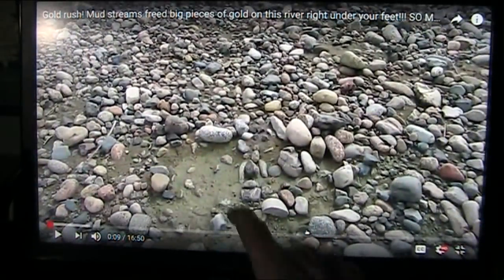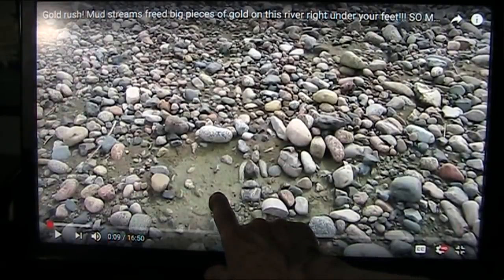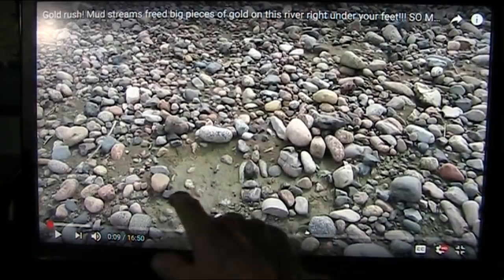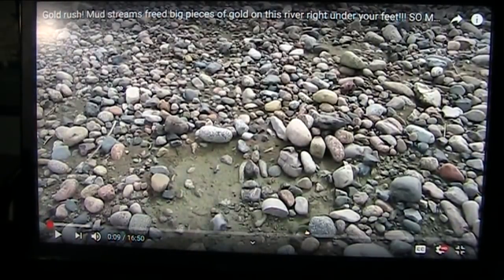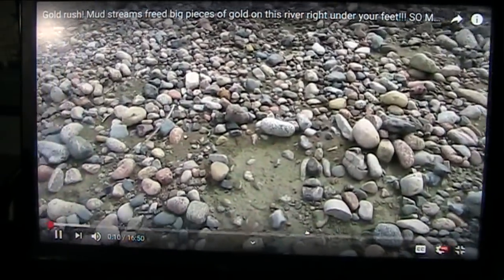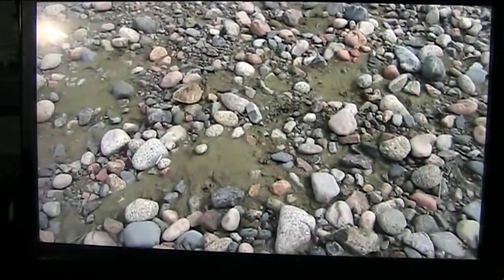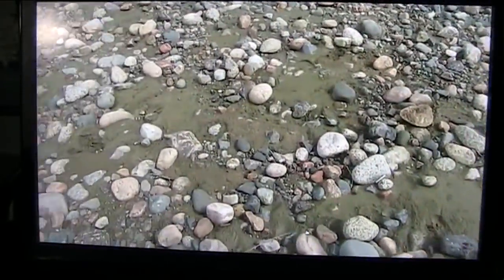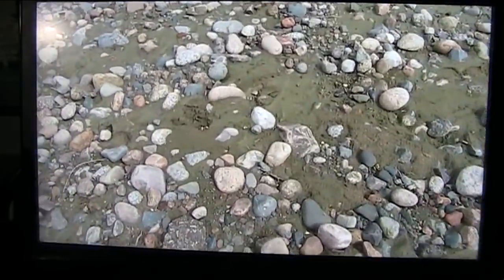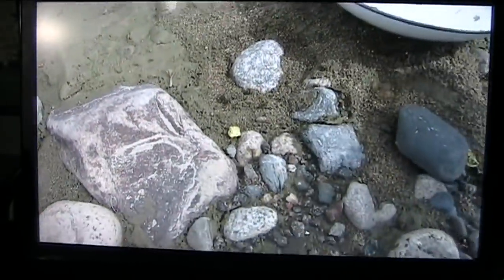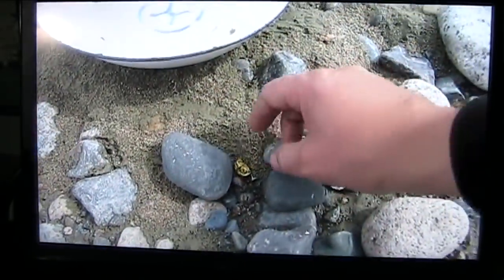Now, watch what he does. You see how fine that mud is? That's the blood. That's where it ends up, with the blood being like this. So what he's doing, you see all these different little colored stones and that little fine mud? I agree, there could be gold in there, but not the way he's finding it, like he's just walking over and looking at it and picking it up. He's hiding Easter eggs.